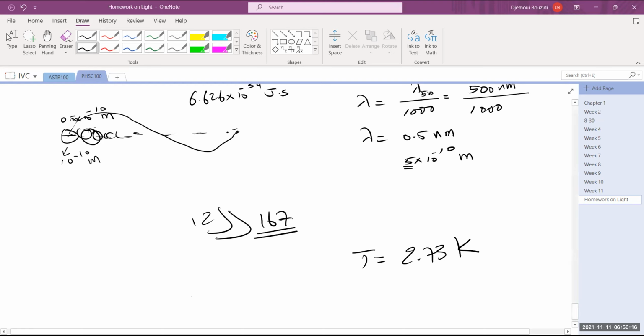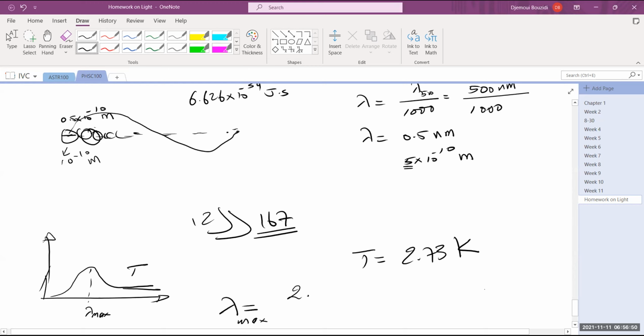So it says lambda, the wavelength. This is the max wavelength, okay, not any other wavelength. This is the question basically, because the spectrum for a given temperature is going to be spread in what looks like almost a bell curve, like this. So this is the lambda max. This is where the maximum wavelength is going to be emitted for a given temperature T, and this is obviously inversely proportional to the temperature, and the formula is 2.9 times 10 to the power 6,